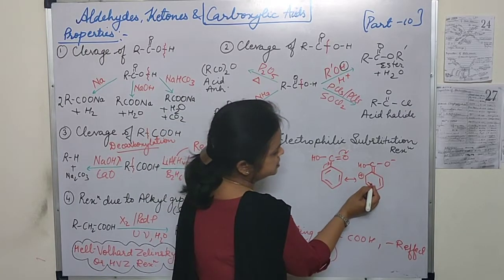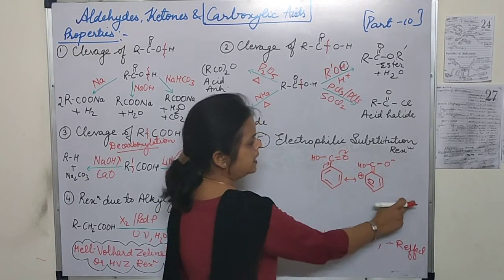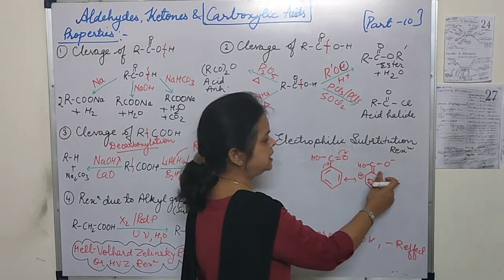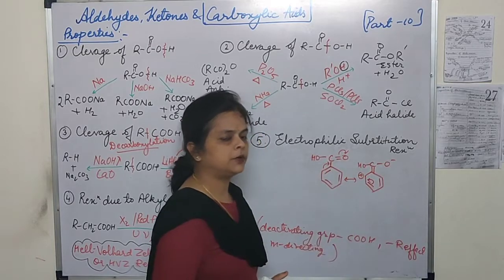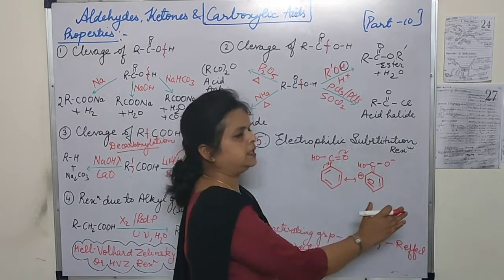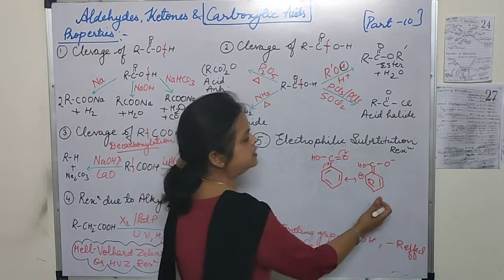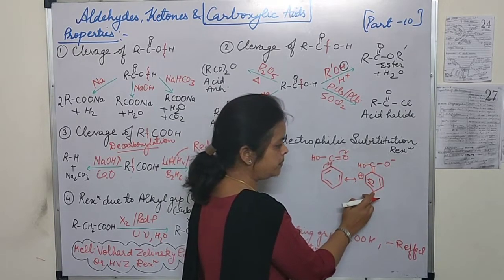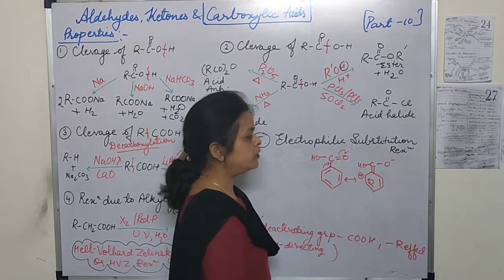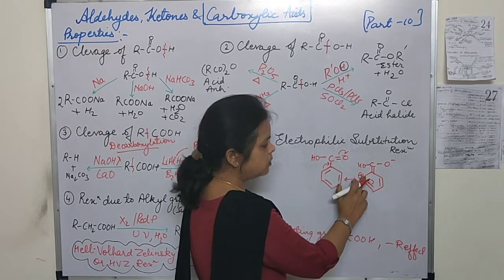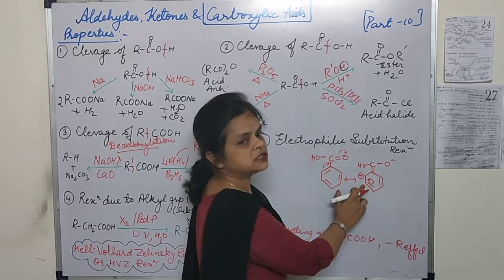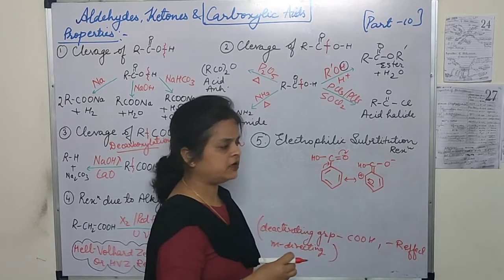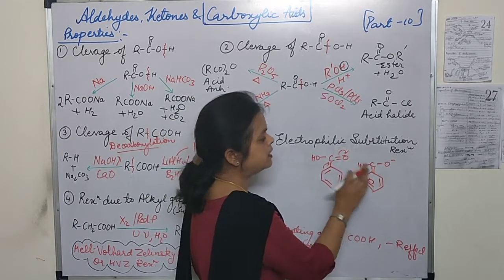Now you can shift this charge in the next structure, and in the next structure para position will get the positive charge. The next structure again, the ortho position will get the positive charge. In this way you will see that in the three resulting structures, there will be positive charge at ortho, para and ortho position. So what you can say, as compared to ortho, there is more electron density at meta position. So the electrophile which is in need of electrons, it will come at its meta position.